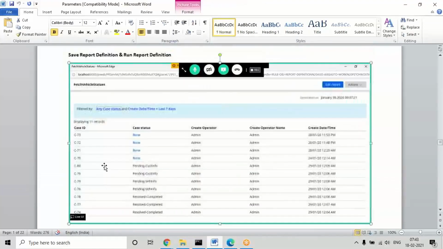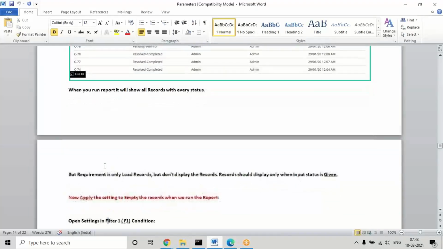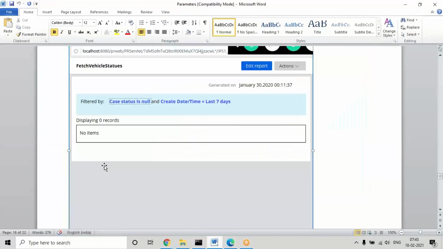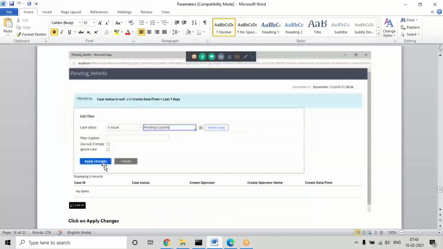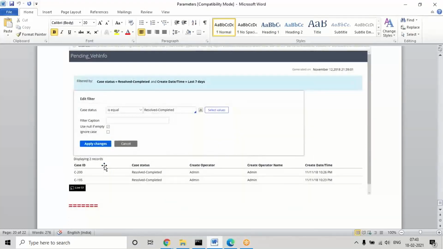So try this. Tomorrow we'll understand a new concept called data page. Using a data page also we can perform the fetch action, but some additional advantages are there. Compared to the report definition, the data page is the best practice. We'll understand what a data page is and how to use it in an application in the next session. So any questions, anyone?